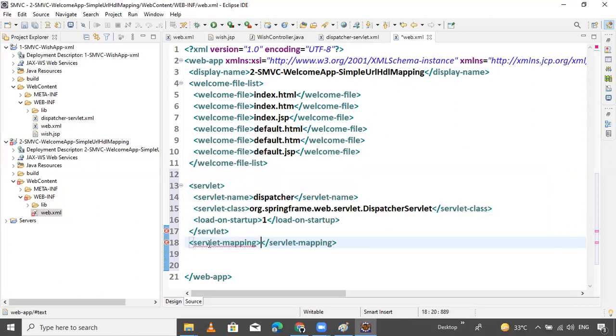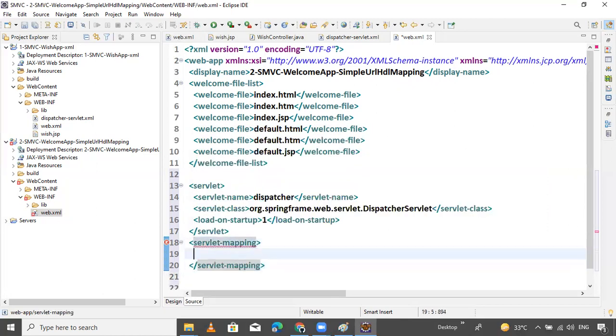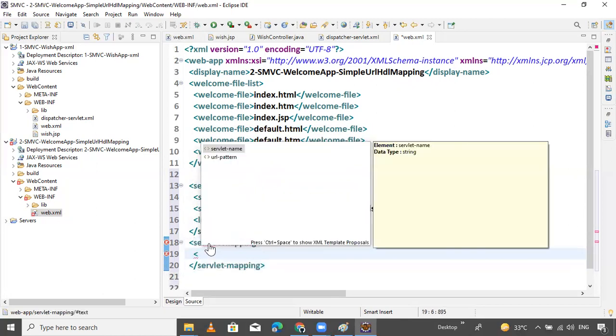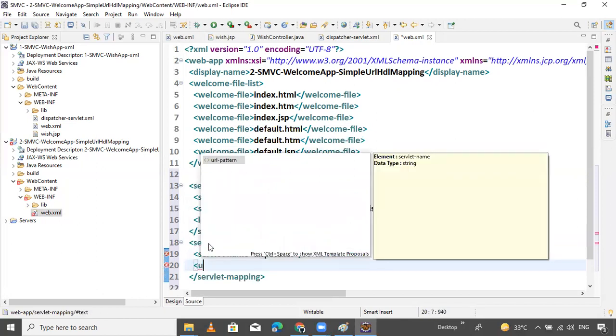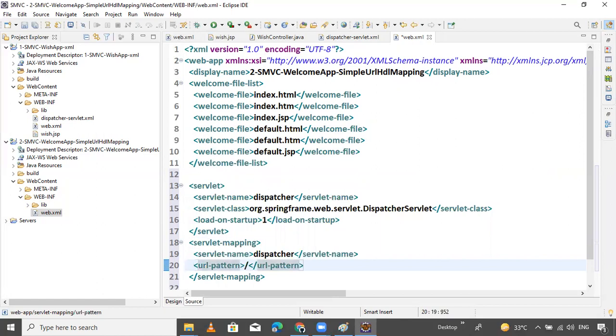Servlet mapping. This is required. So now pass the servlet name. Servlet name is dispatcher. Servlet name is nothing but a logical name. And pass here the URL pattern. That's it. So now our dispatcher servlet is ready.